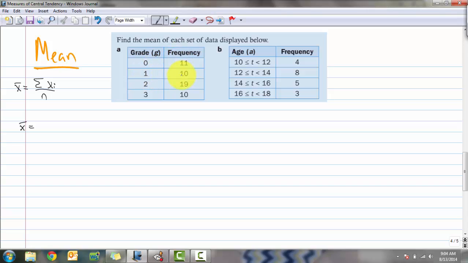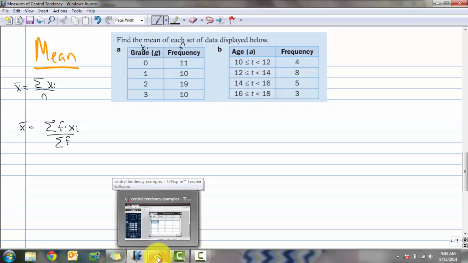There are 10 ones, so that's really 10 times 1 and 19 times 2 and 10 times 3 when we're adding up these values. So let's change this formula. F times xi over the sum of the frequencies. Here are the frequencies. These are the xi values. So to do this, I'm going to jump to my graphing calculator, and we're going to find the mean of